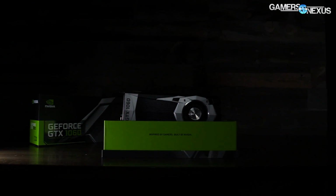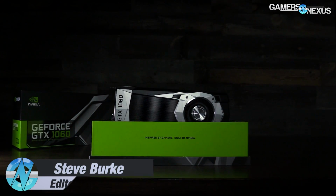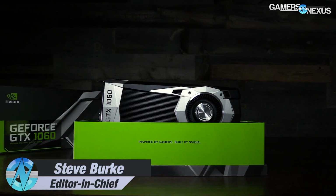NVIDIA just launched its GTX 1060 video card, including the Founders Edition and the AIB partner models, all today. In theory, the price floor stretches down to $250, though we've seen how that's worked with Pascal thus far. The Founders Edition is priced at $300. The new GTX 1060 uses the GP106 GPU. It's a slightly cut down version of the GP104 chips that we've seen on the 1070 and